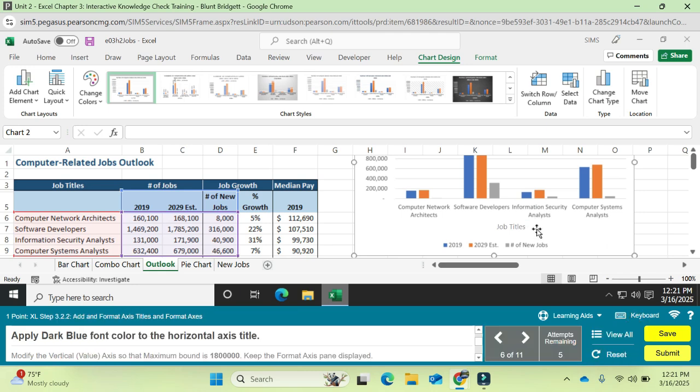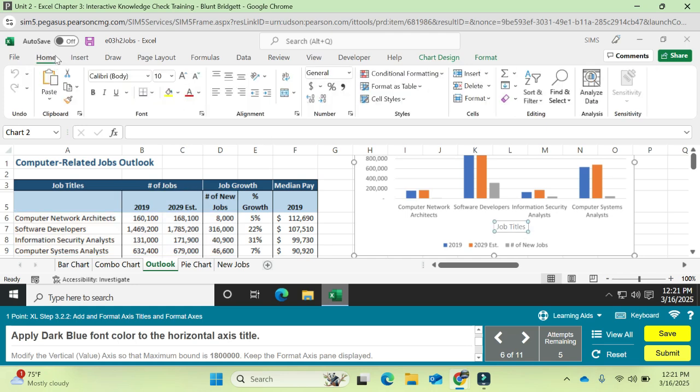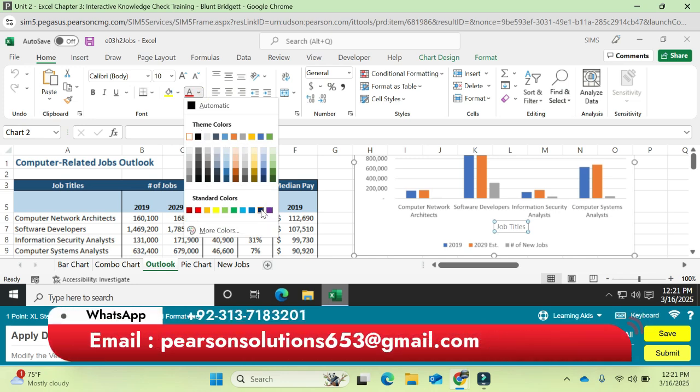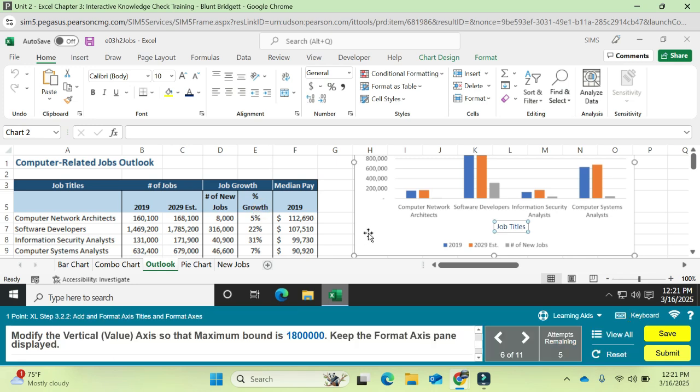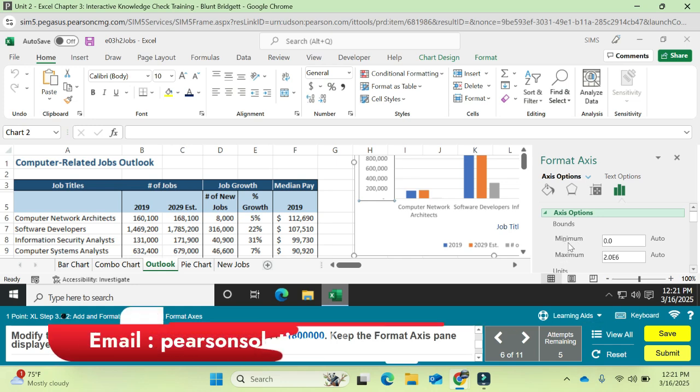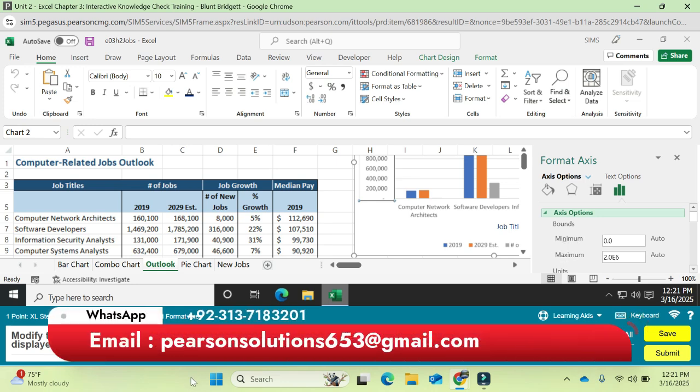We have to apply a dark blue font to this one. Select that and apply the dark blue font from here. This is dark blue in the standard color, second last. There we go. And now it is saying that you have to modify the vertical axis. This is the vertical axis. You have to double click that. When you double click that, it will open the axis option dialog box and it will show us the minimum, maximum and everything. So we have to